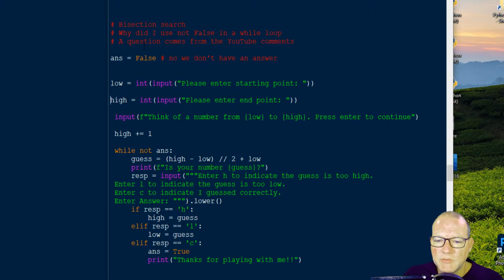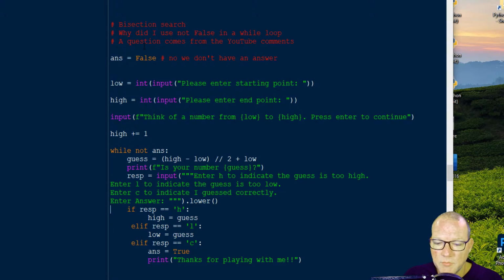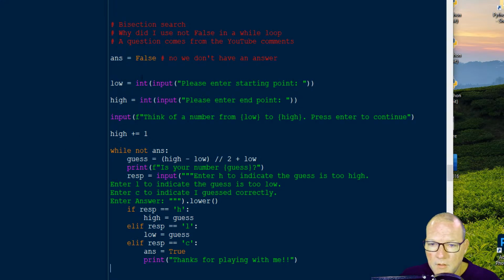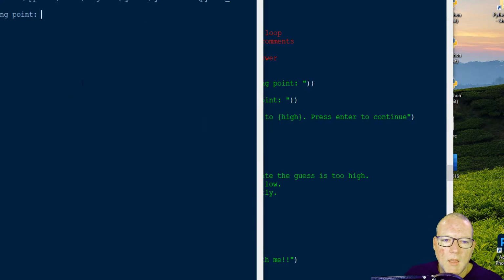So what bisectional search is basically, it was a challenge of, can you write a program that is going to be able to search for what you're thinking?